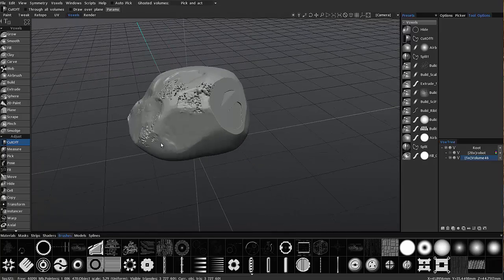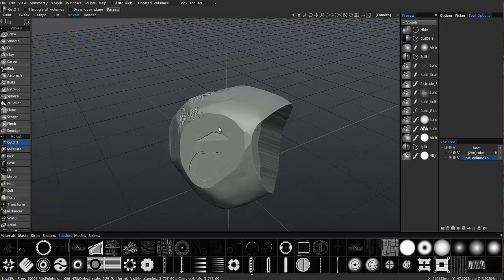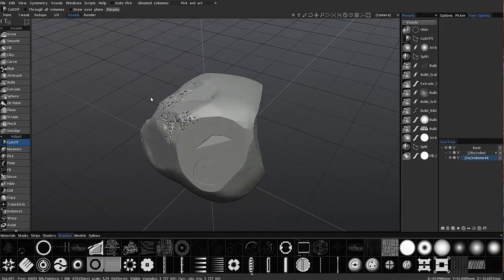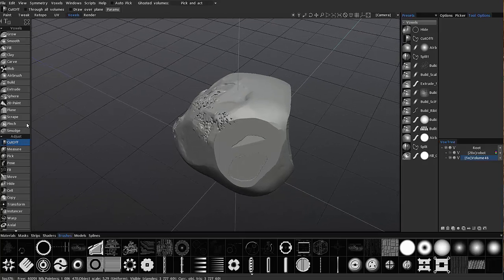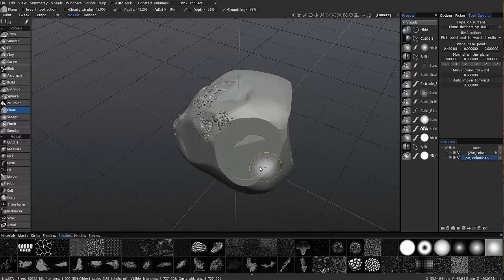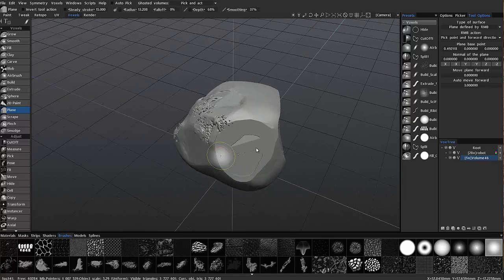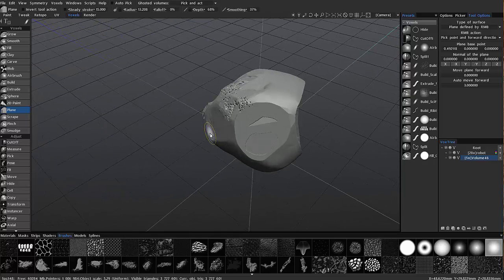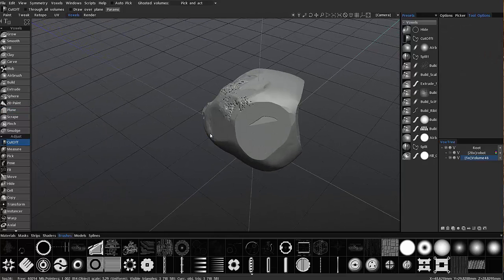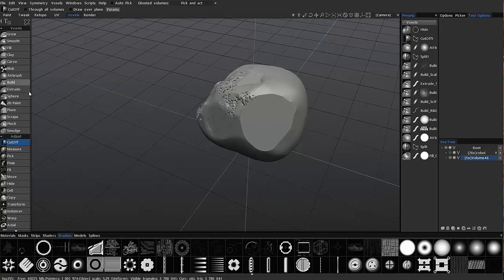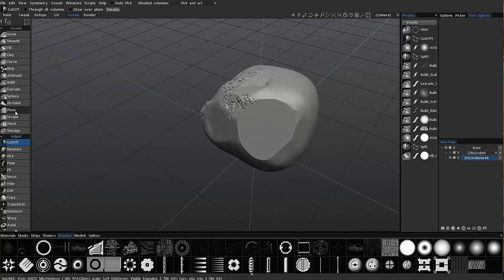That may serve you well for most purposes, but with the plane tool you have a visual aid that allows you to see ahead of time just how deep it's going to cut, as well as the angle or the orientation of the cut. Let me undo a few times here. Okay, so yeah, if I use the plane tool,